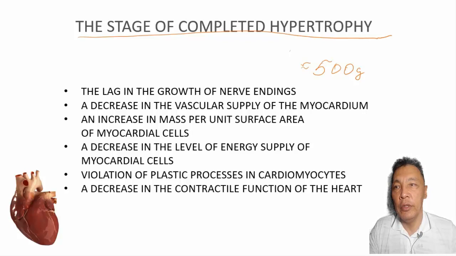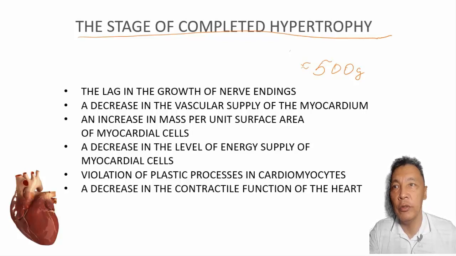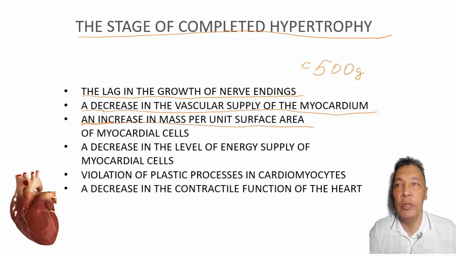The following are features of the hypertrophied myocardium. Dysregulation of the hypertrophied heart due to lack of growth of nerve endings relative to the increase in mass of cardiomyocytes. Decrease in the vascular supply of the myocardium as a result of lack of growth of arterioles and capillaries relative to the increase in the mass of muscle cells. The development of relative coronary insufficiency. An increase in mass per unit surface area of myocardial cells,